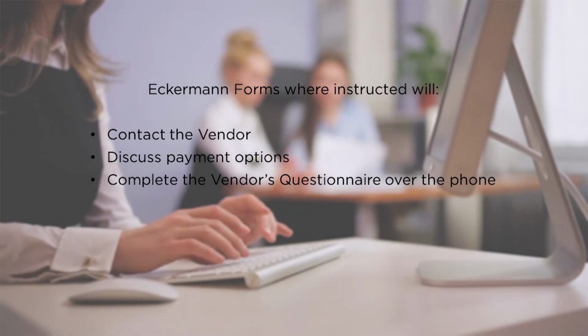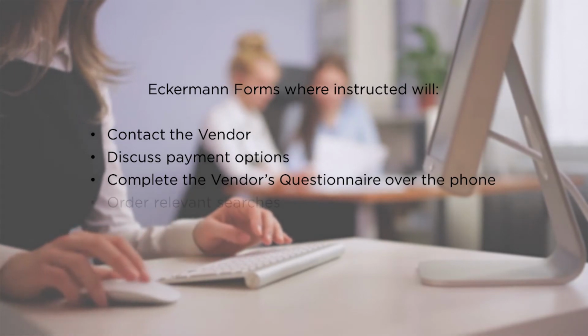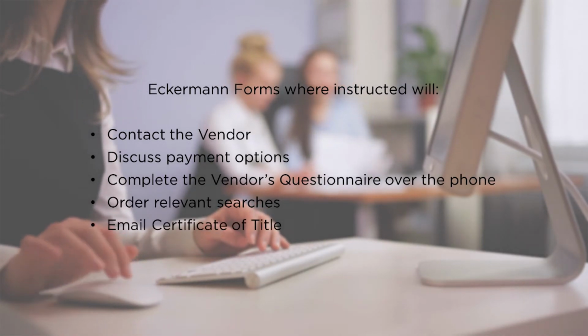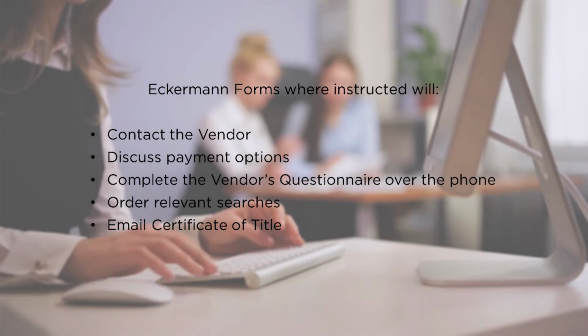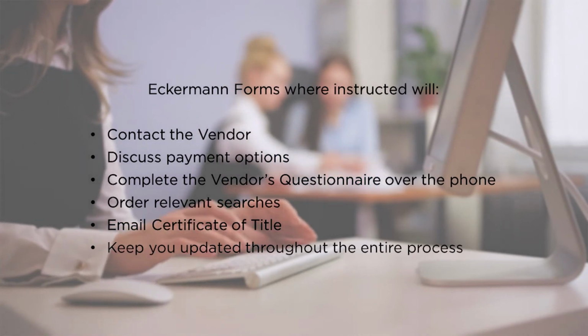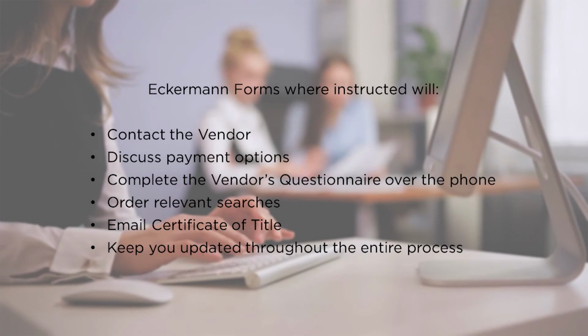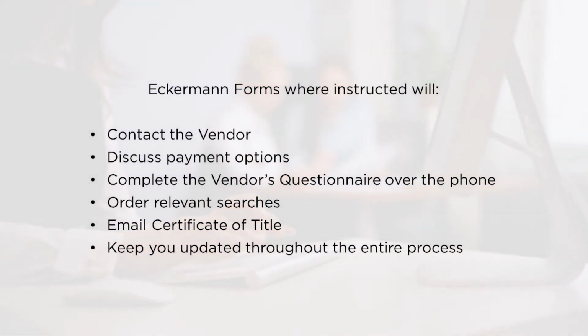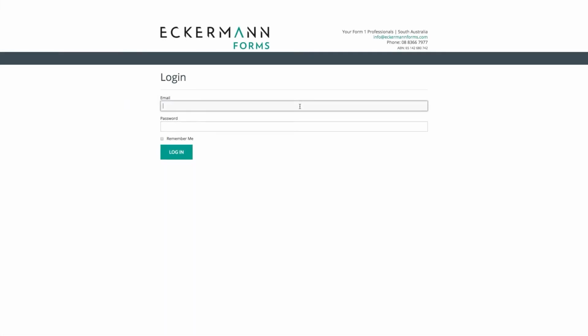Once the vendor has confirmed their instructions over the phone, the searches will be ordered and the certificate of title and other relevant documents will be emailed to you. Eckermann Forms will keep you updated throughout the entire process to ensure an accurate and timely release of the Form 1. If you know your login details to the Eckermann Forms portal, you can also monitor your requests directly within